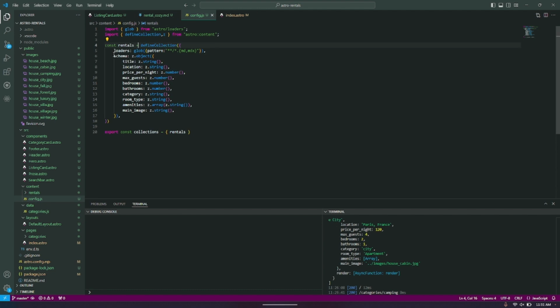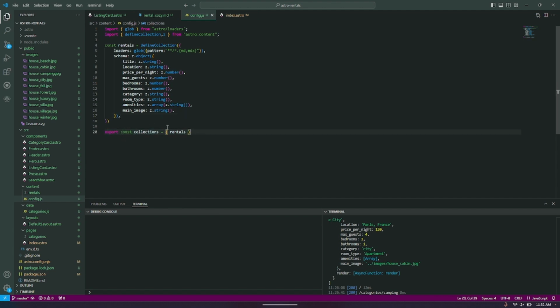So we've got the rentals here, and we have the schema, so we've got title, location, price, maximum guests, bedrooms, bathrooms, category, room type, amenities, and the image. So we're making sure that a rental contains all of these things,